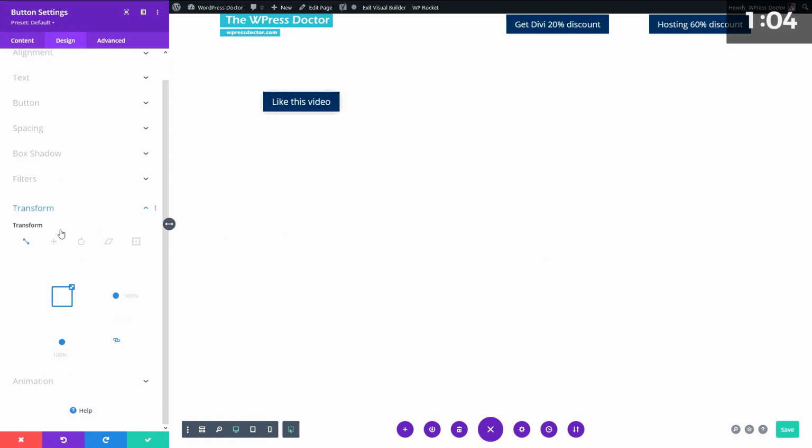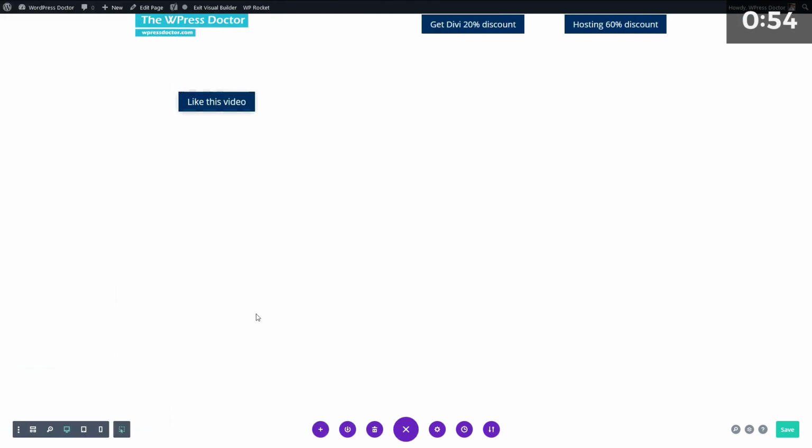Another thing you can actually do with this button is to go to transform and make it really stand out on hover. It's really funny to use these skew options and just save it. Now when you see this page live, something really happens with this button. Now I would suggest not to use this kind of animation if your target audience is not expecting such a